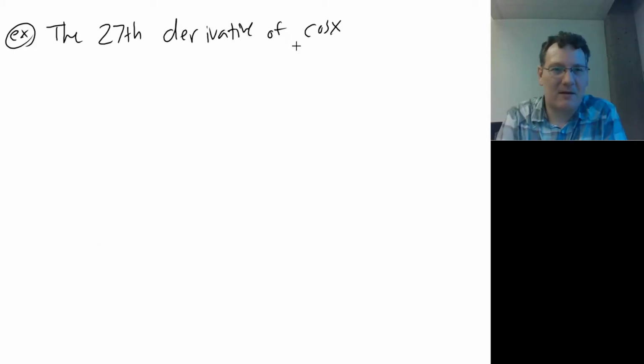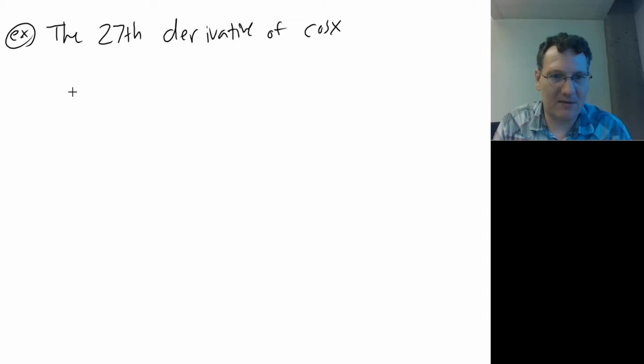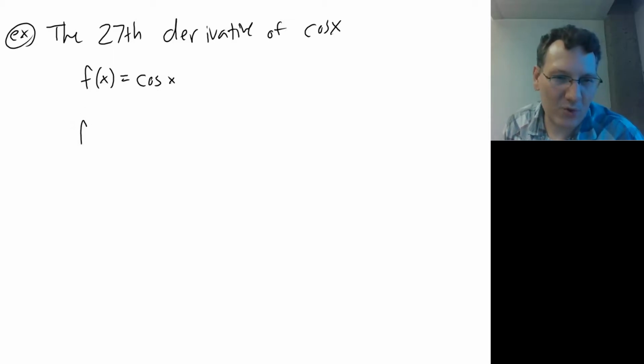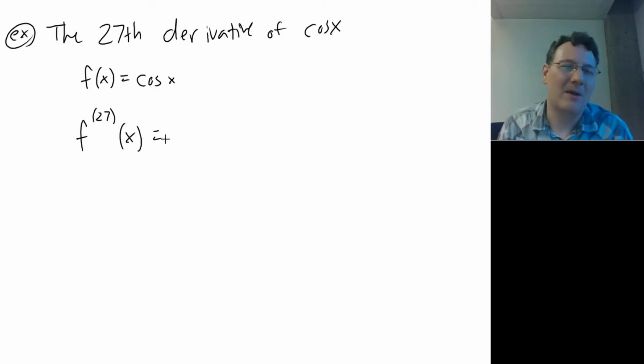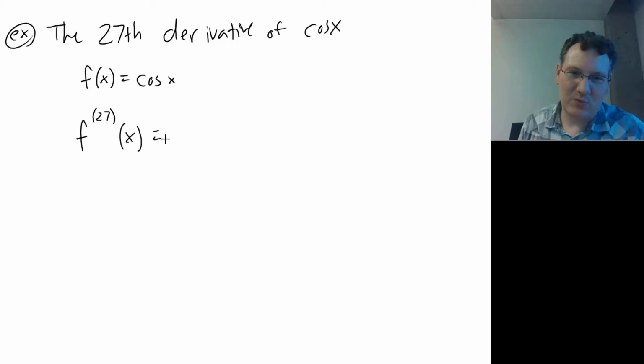I hope it is. So as an application of this, though, it's the 27th derivative of cosine of x. So if we were to write this, let's actually write, if f of x equals cosine of x, we're trying to find f to the 27th of x. Well, one thing we can do is realize that you can actually write the derivative